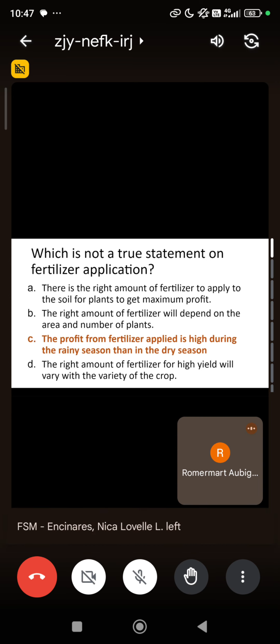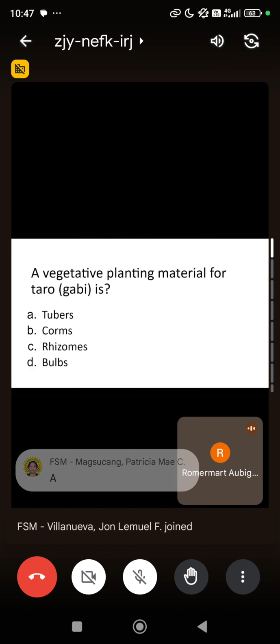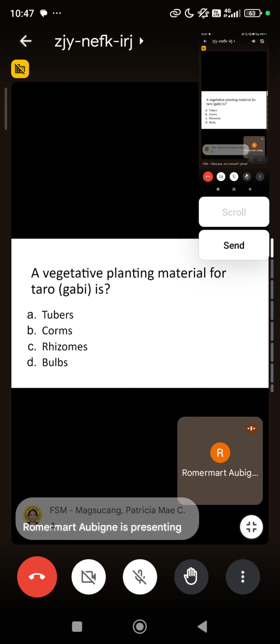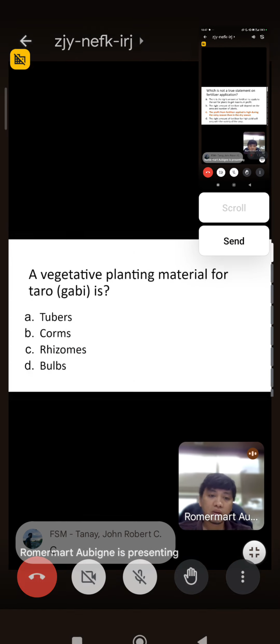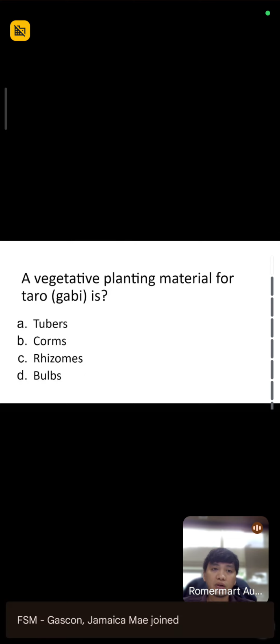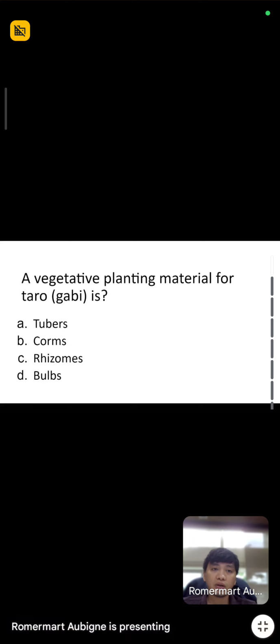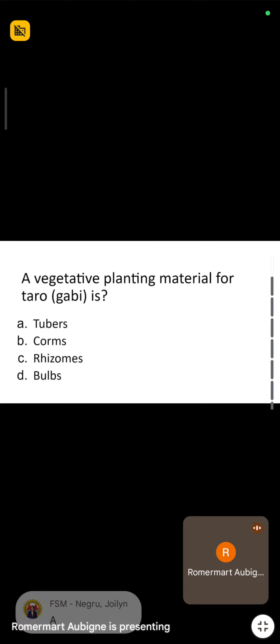Next, a vegetative planting material for taro, gabi. What do you call the vegetative planting material for taro or gabi? So, we have A tubers, B corms, C rhizomes, or D bulbs. So which is the vegetative planting material for taro? Iba-iba din yung sagot natin dito ah. Tubers, B corms, C rhizomes, D bulbs. So the correct answer is